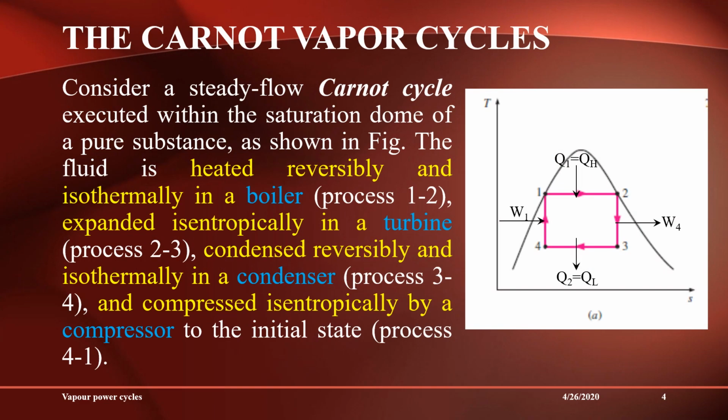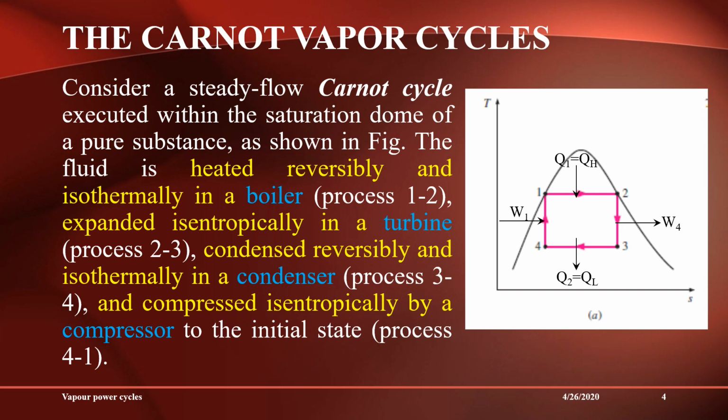This one is regarding the Carnot vapor power cycle. Just like our previous discussion, you can remember we discussed gas power cycles in the first and second modules. In the gas power cycles, it's a cyclic operation which contains four processes, and finally we get work output or power. They are power producing cycles. Here the only difference is we are using a cyclic process where the working fluid is vapor, a two-phase fluid. We have a gaseous phase and a liquid phase in the cycle.